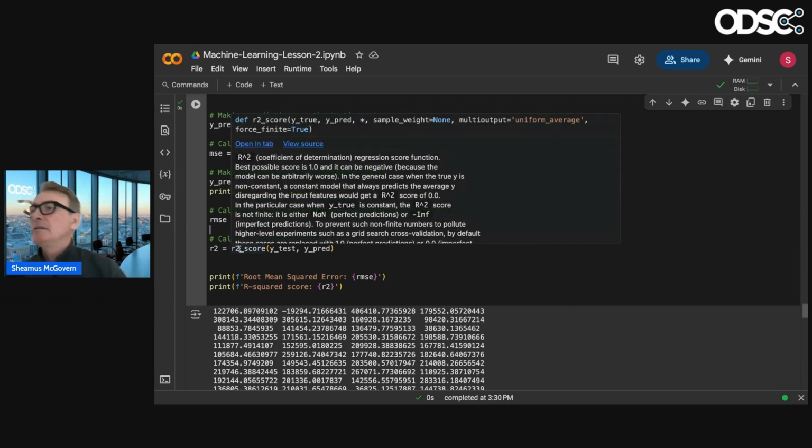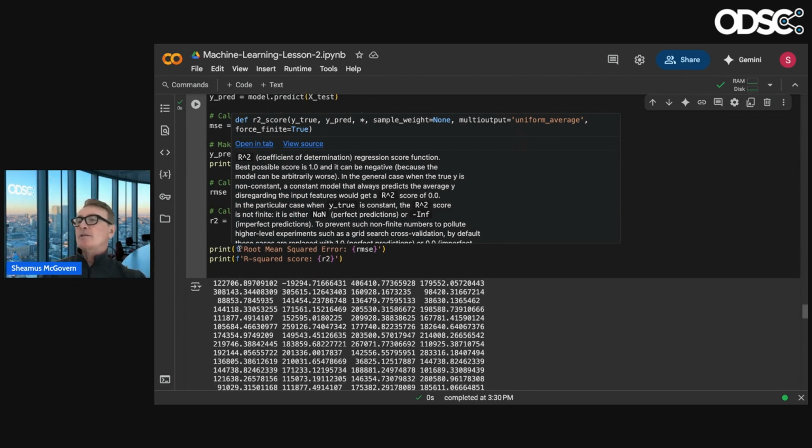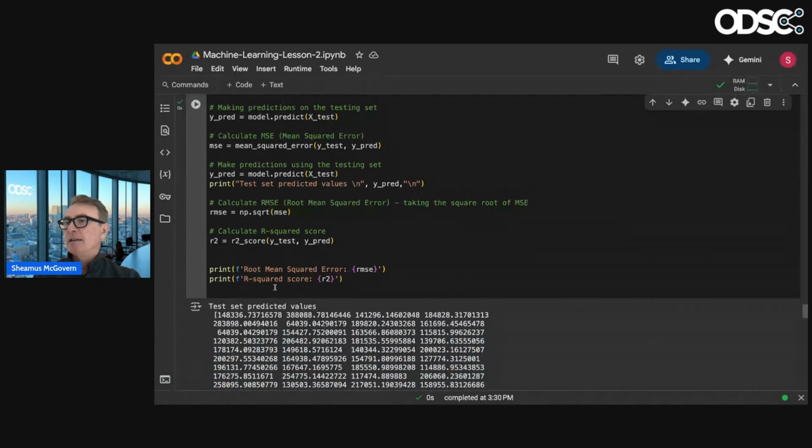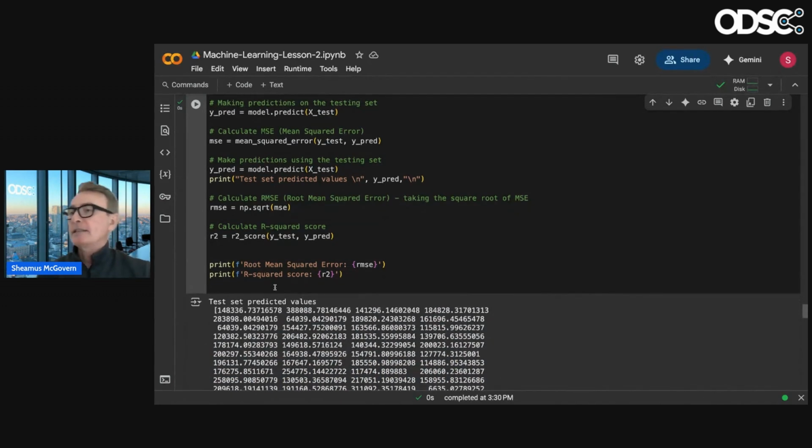All right, so you've got all kinds of questions you're asking. What the hell is root mean squared error, and what does it look like? Well, this is what it looks like, folks. Lots of decimal precision. So these are our predicted values